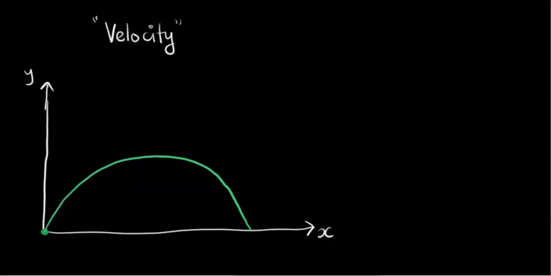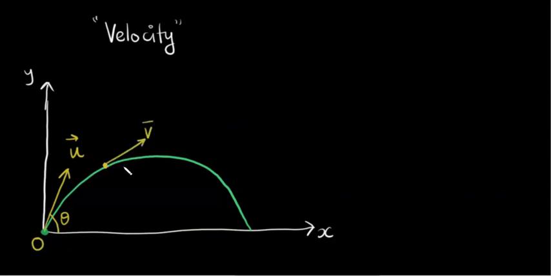Now the initial velocity is like this. Let's say this is u bar, and the angle that it makes with the horizontal is angle theta. Now I want to find out the velocity at any instant. Let's say I want to find out the velocity at this point. So how will I do that? This is our origin here. This velocity has a certain direction, v bar.